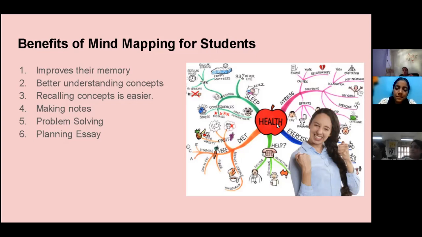So when we talk about health, if you are reading a big magazine on health and they are writing para after para, pages and pages on that, will you remember? But see this structure over your health. You're taking sleep, stress, exercise, health, and diet. Now the sleep is further bifurcated. If you don't have sufficient sleep, it will lead to insomnia, right? And 33% of our life we are sleeping, because we at least sleep 7 to 8 hours a day, right? So what are the consequences of insomnia? They are written over here.